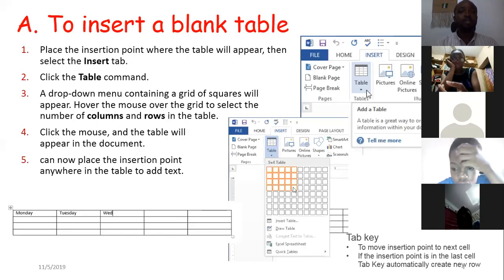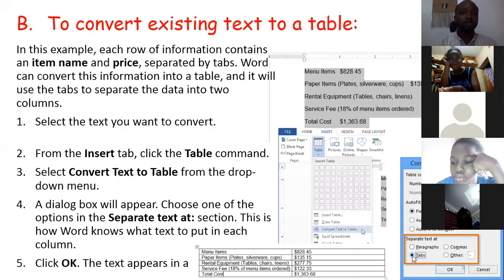So the pictures you can see on the screen right now are just the steps you take in inserting a blank table in your document. Then we tried to convert existing text to a table. The most important thing